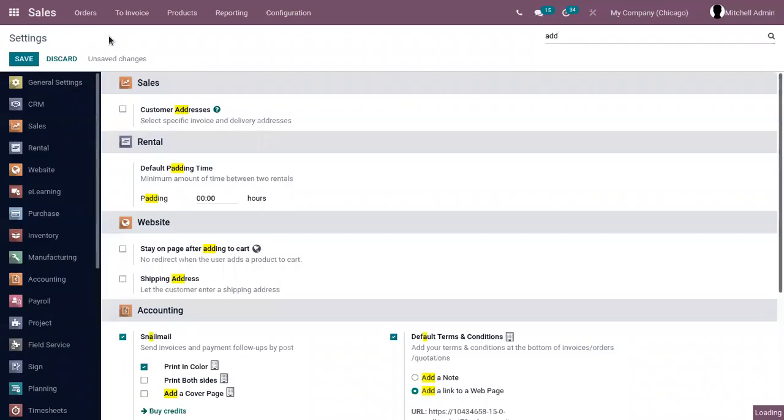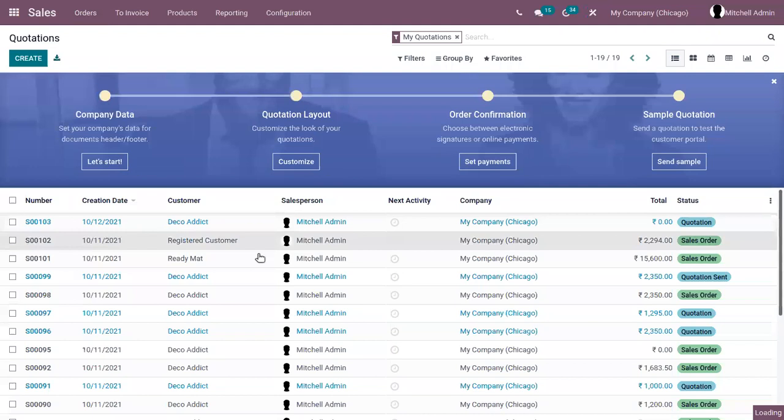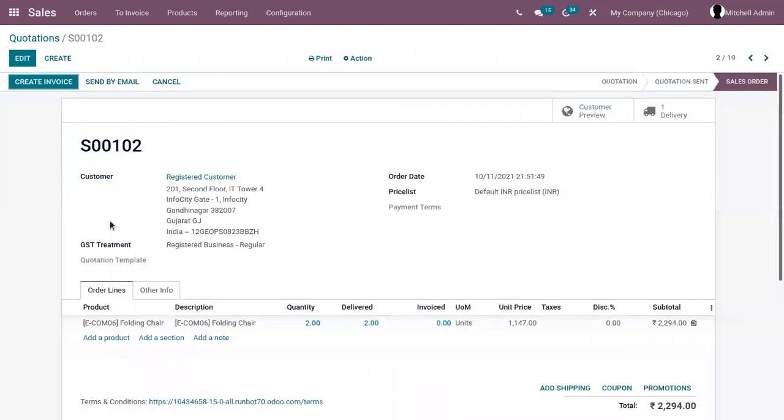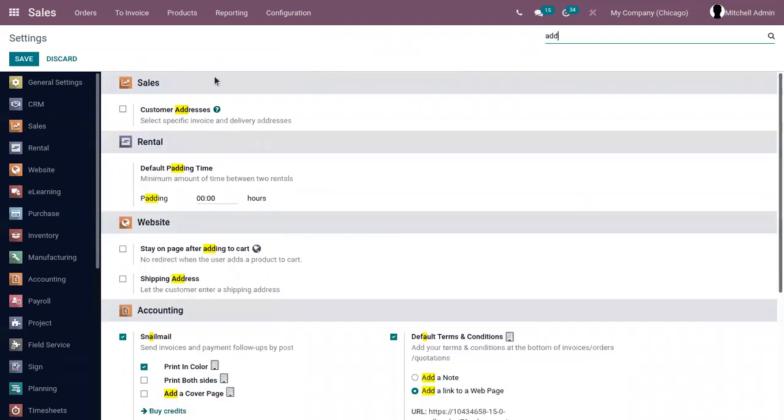Like here, without enabling this option, you can see from the quotation or sale order, we are not able to choose the delivery address or invoice address. But when you enable this and save the settings,